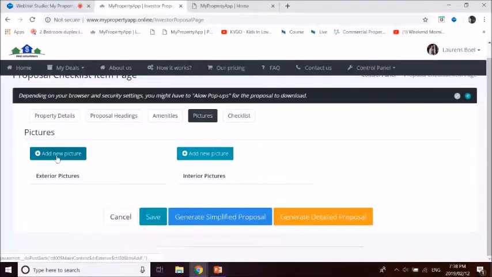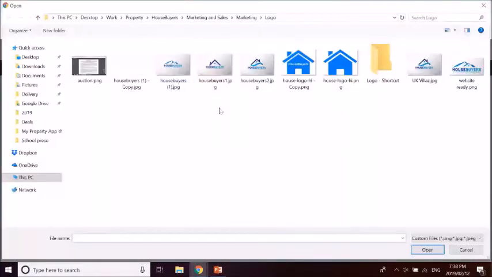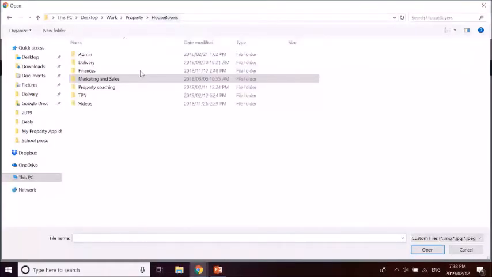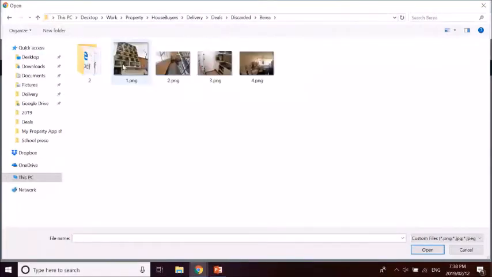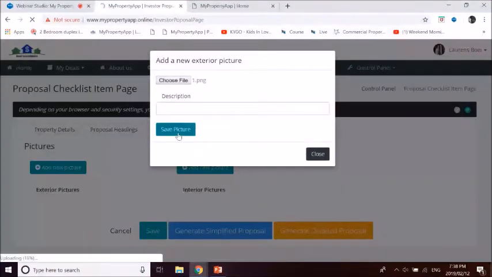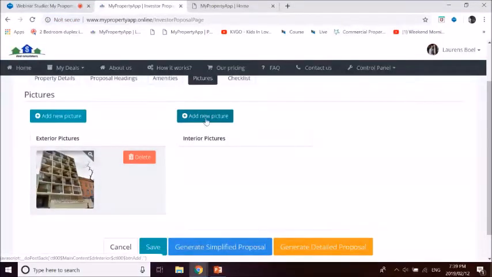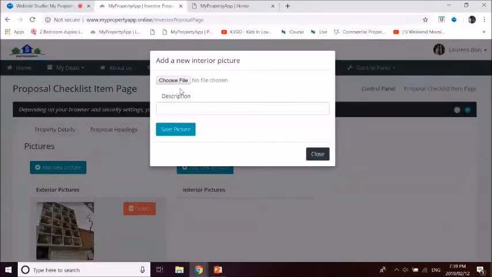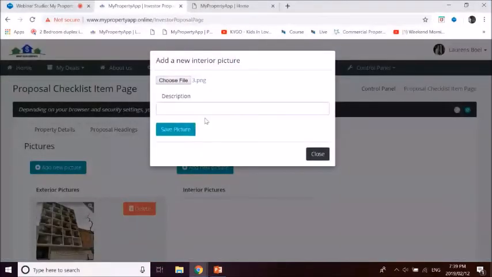Let's look at the long proposal. So this is now 7 pages long. Again, there's all the details, the introduction of the deal, how it was sourced, condition, the high-level property values, the exit strategy. Again, the personal introduction, maybe some more details around the property, so the features, the amenities, etc. And then here are some of the pictures, right? So there's only one of each. I should have put a few more, but you can essentially put six pictures for each section, 6 in the interior. And then here it comes down to a more detailed version of the numbers. So here you can see all of the income minus all of the expenses. So it really breaks it down in an enormous amount of detail.